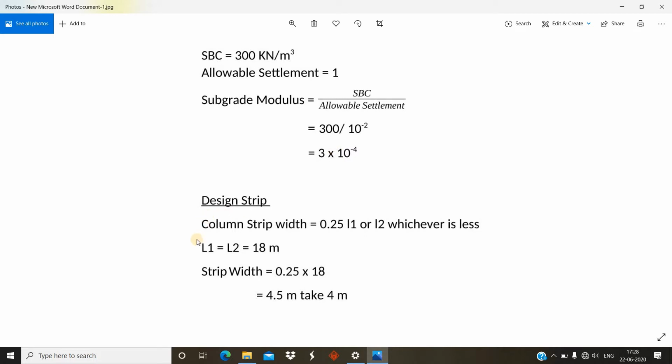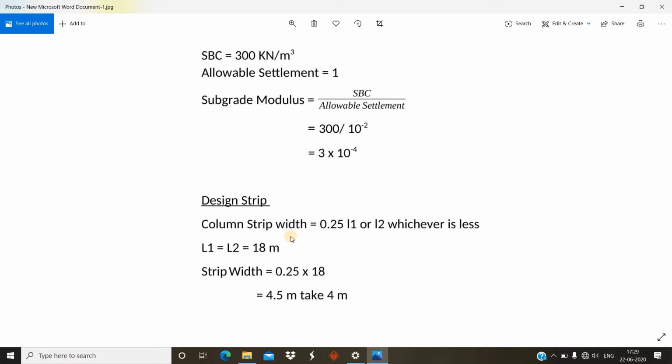Okay, so column strip. The column strip is 0.25 L1 or L2, whichever is less, we have to take. L1 and L2 is 18 meter, so we have taken 4.5 meter. Since there is no provision for design strip in any IS code, I shall take it as 4 meter.